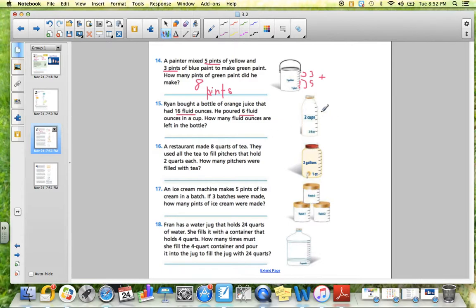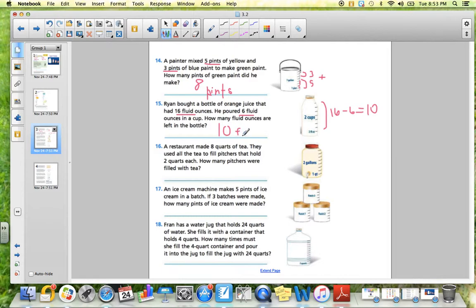Okay, so this whole bottle represents 16, and he poured 6 fluid ounces out. So he got rid of 6, which would be 16 minus 6 equals 10. So 10 would be our answer. 10